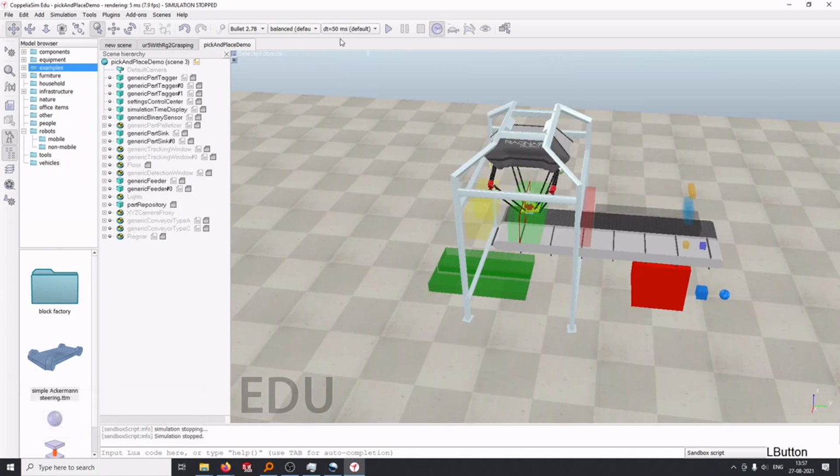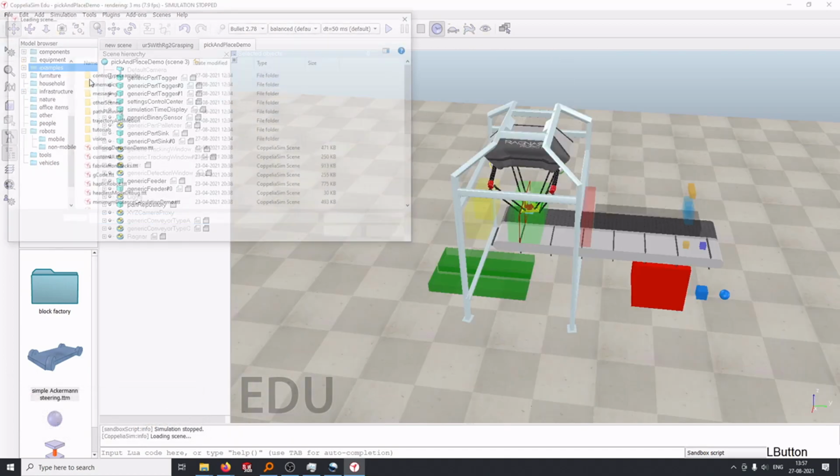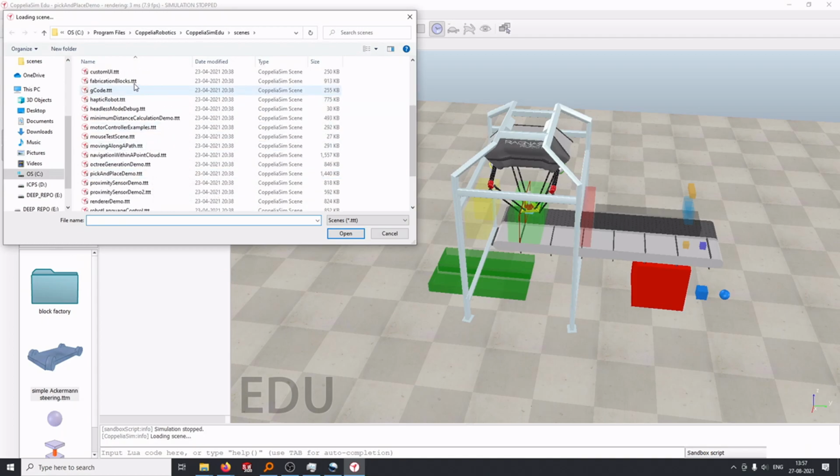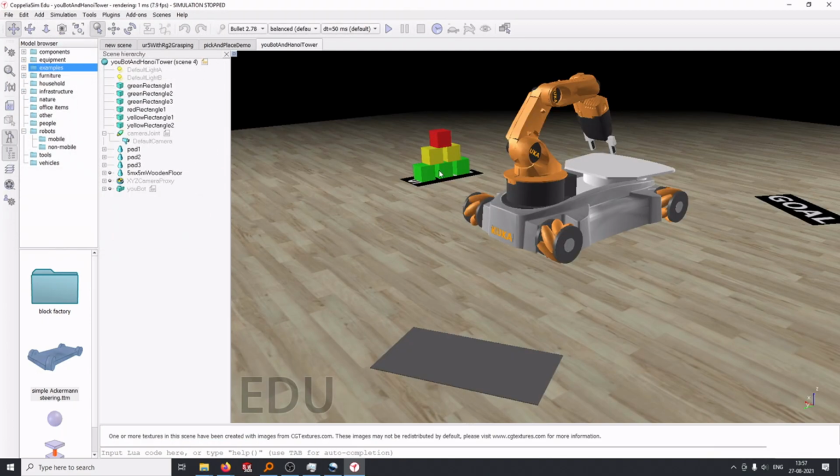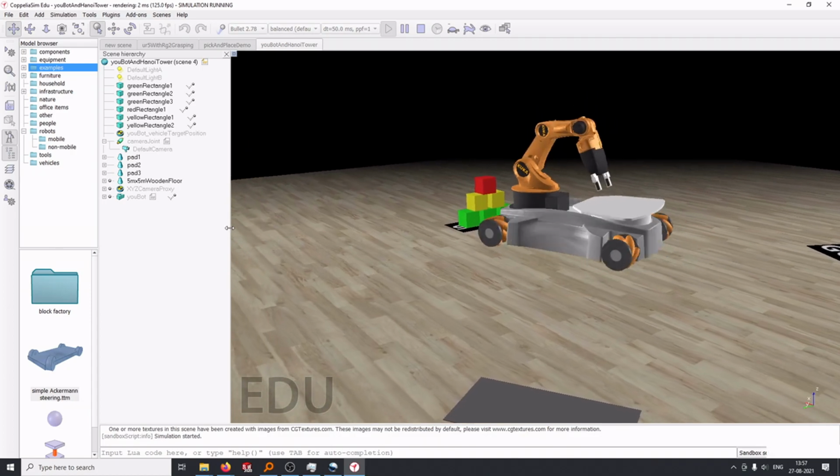Let's see something else now. Okay, you bot. These are blocks over here. There's a mobile robot with a mecanum wheel mechanism and a robotic arm. There's a goal. So I assume these blocks have to be placed over here, and this is like a stacking point. It will place one here and then go. Let's run and see what's happening here.